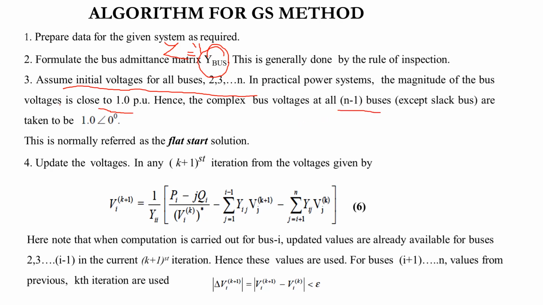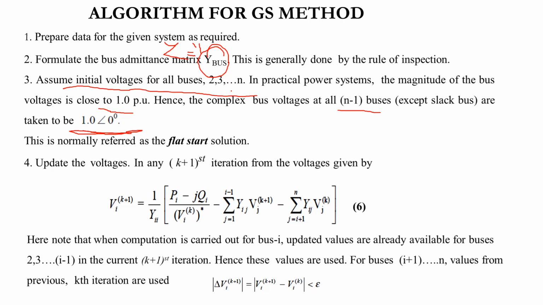buses except the slack bus. So as I told already, this is your value in terms of polar form. So this is called a flat start solution or flat profile. Okay, and then we have to update all the voltages in any k plus 1 value. So k plus 1 value means for the generator bus the magnitude does not change, and in all the iterations it is a specified value. So the phase of the voltage can be